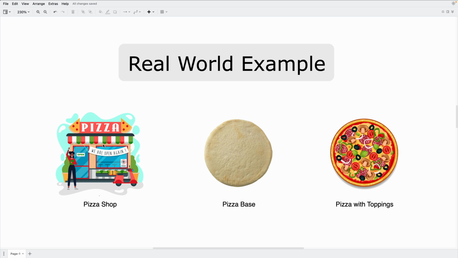Now think of this in the context of software development. The pizza base is like an object in your code, representing the core functionality. Just like toppings in the pizza shop, you can add different features or behaviors to this object as needed. These additional properties or functionalities don't change the core object itself. They simply enhance it, adding additional features on that existing object. This is the essence of the decorator design pattern. It allows us to build flexible, customizable objects by adding new behavior at runtime, just like creating your perfect pizza,